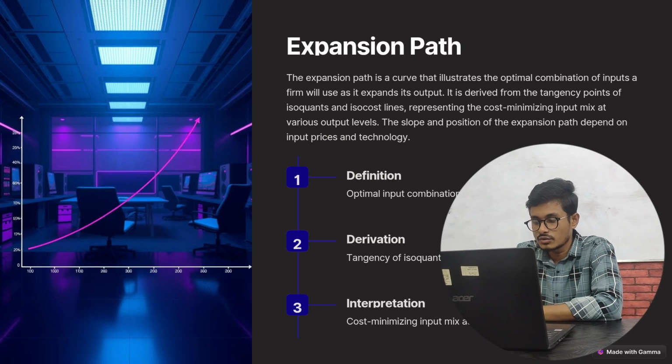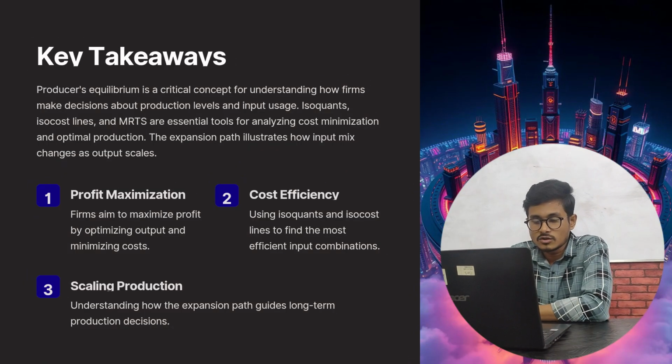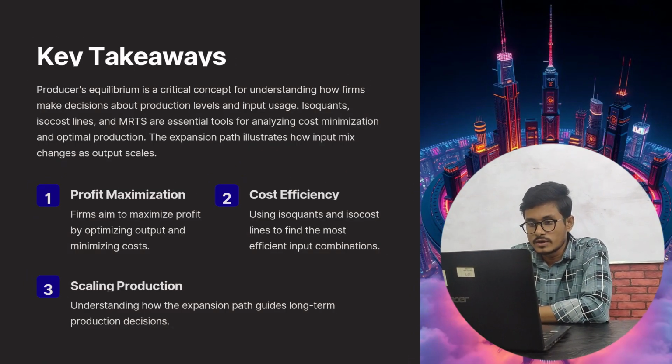So by the definition, we learned that the expansion path gives the optimal input combinations for different output levels, and it is derived from the tangency of iso-quants and iso-cost lines, and the interpretation is the cost minimizing input mix as output increases. Now our presentation is almost done, so the key takeaway is that producer's equilibrium is a critical concept for understanding